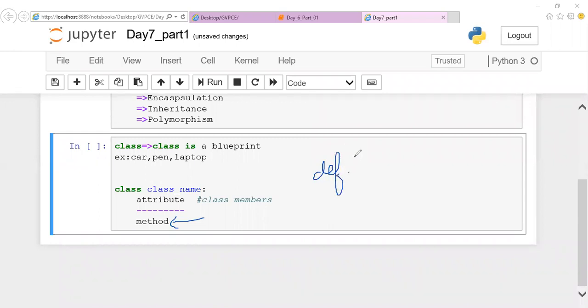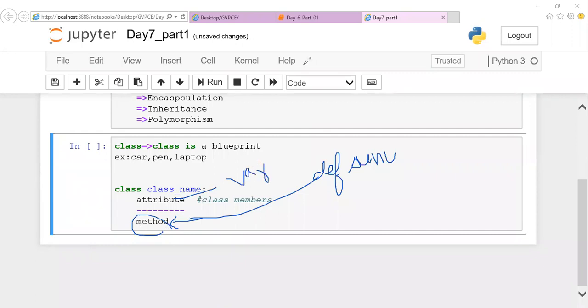We'll be writing functions so far. I guess you people could remember: def followed by function name. So this particular method is known as a function. The normal term in case of procedure oriented approach will be function. Once you come to the object oriented approach, you'll be naming it as a method. And the same way, a variable I'll be naming here as an attribute. In case of OOPS, I'll be naming a variable as attribute and a function as method.